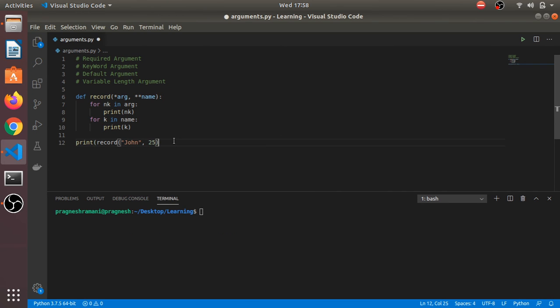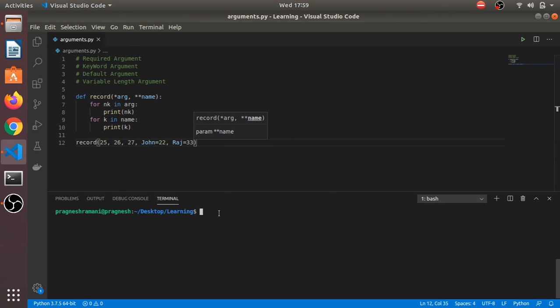So let's call this function and see how it is working. The non-keyword arguments we are defining like this: 25, 26, 27, and keyword arguments are like this: John is equal to 22, Raj is equal to 33.